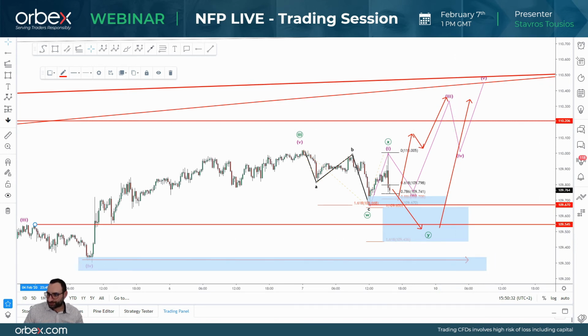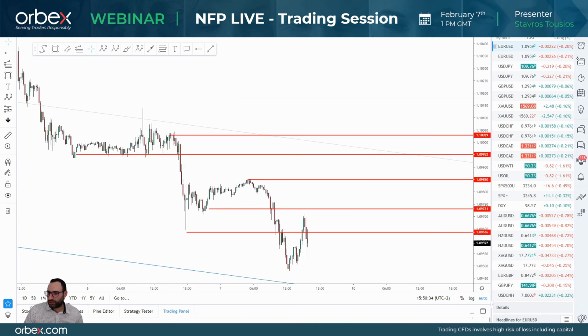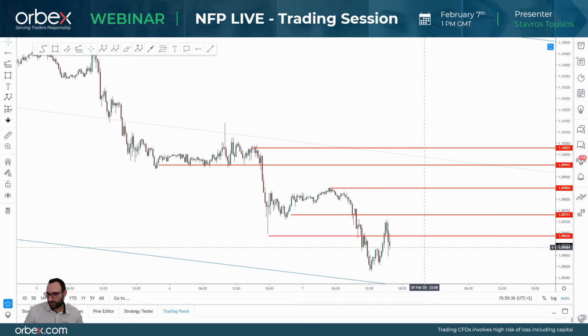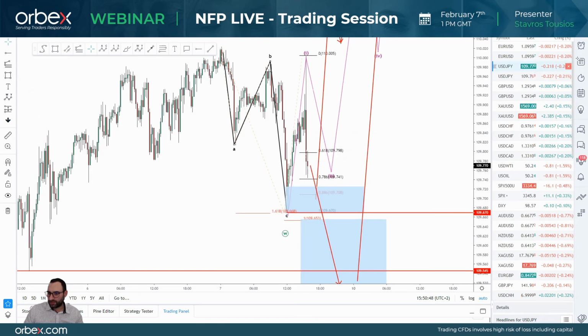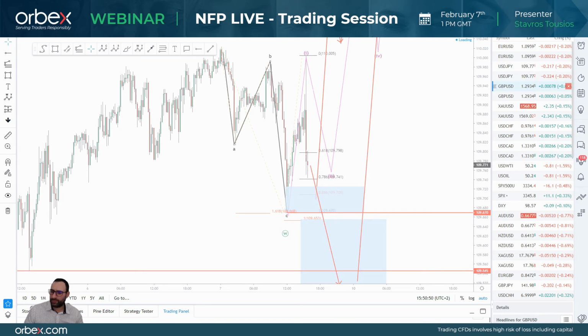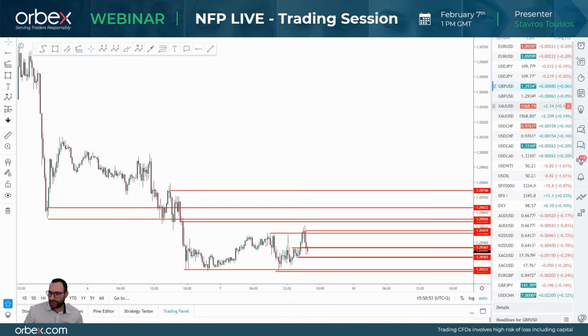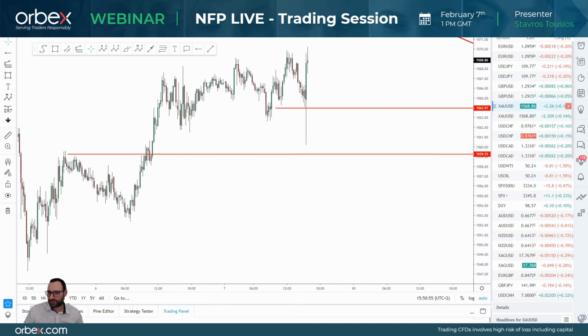Now, let's have a quick look at what is happening with different assets. You can see on the 15 minutes that the euro dollar is also moving lower. This, of course, means a stronger dollar, correct? Euro yen on the other side is also moving lower. There we go, this is how we validate. This pretty much supports that the NFP report was positive for the dollar and prices are moving up for the dollar.